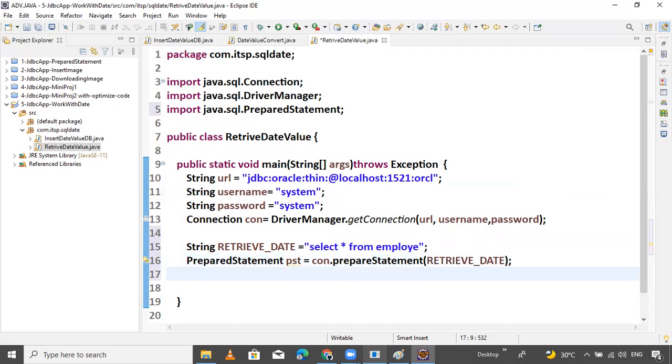I want to execute this query. So how do we execute it?